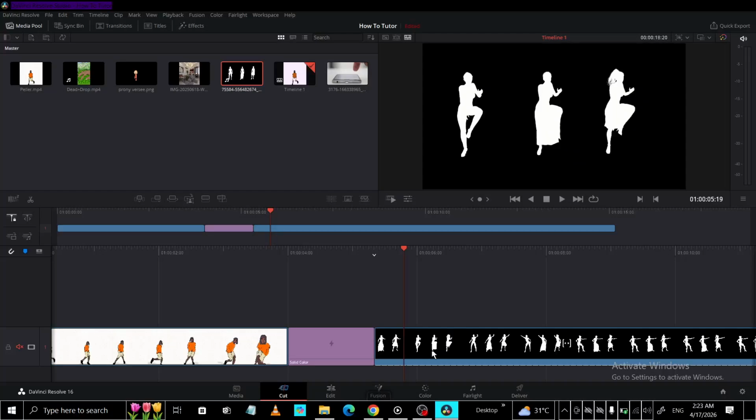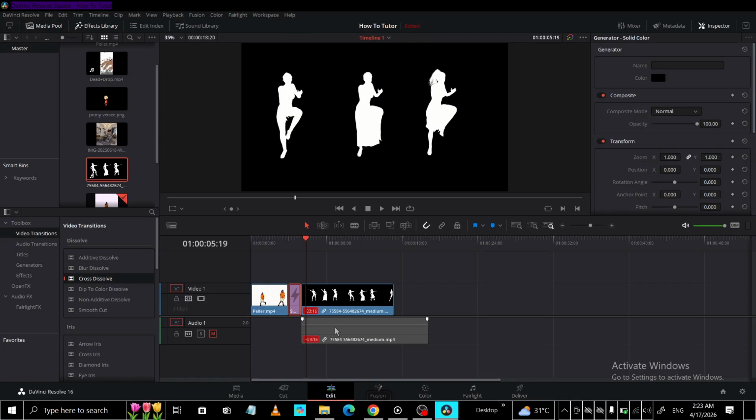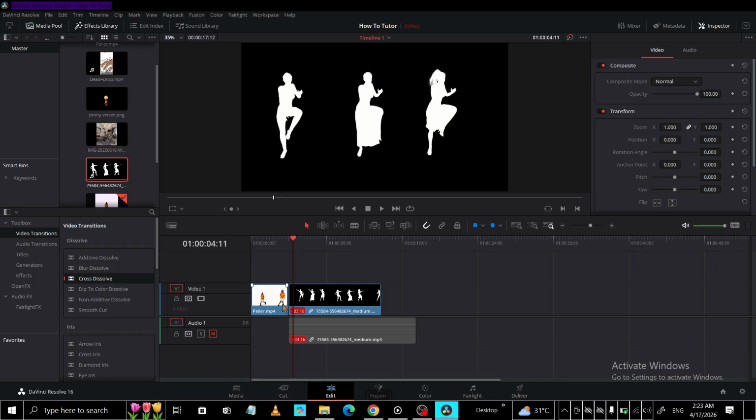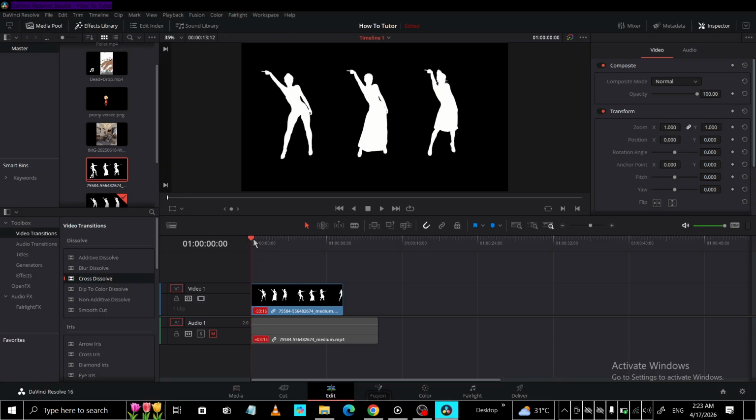Today, I'll show you how to fade in and out in DaVinci Resolve, a technique that can add a professional touch to your video projects. Fading in and out is a subtle yet effective way to help your transitions feel more natural and engaging. Whether you're a beginner or just looking to refine your editing skills, this guide will help you master this essential